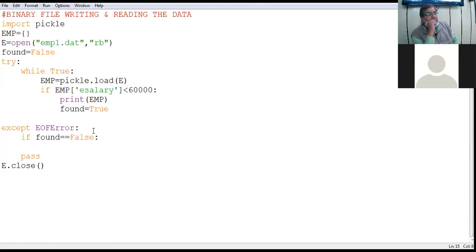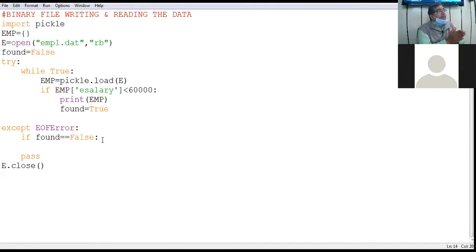You agree with me offline? Online, you agree with me? When throughout the records your desired record is not found, the found variable will never be true. What will be the value of found then? False. जो मैंने यहां इनिशियलाइज किया था बेटा, वो ही रह जाएगा. तो वो मैंने एक्सेप्शन में हैंडल करवा लिया. फिर कि अगर कोई ऐसी एक्सेप्शन आती है कि रिकॉर्ड मिलता ही नहीं है तो क्या करे? रिकॉर्ड मिल गया तो फाउंड ट्रू हो गया, रिकॉर्ड प्रिंट करवा दिया.